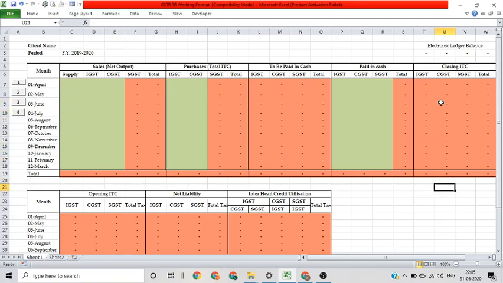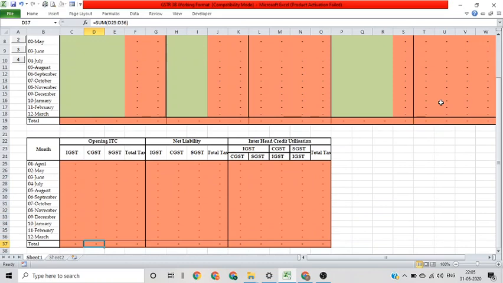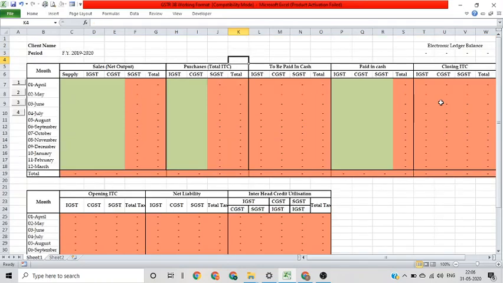Now if we come down to these three tables, there will be opening ITC figures that will come automatically. Then there will be net liability based on the purchases and sales made during a particular month. And this will show our inter-head adjustments that we made between various GST, that is IGST, CGST and SGST. Okay, we will start here